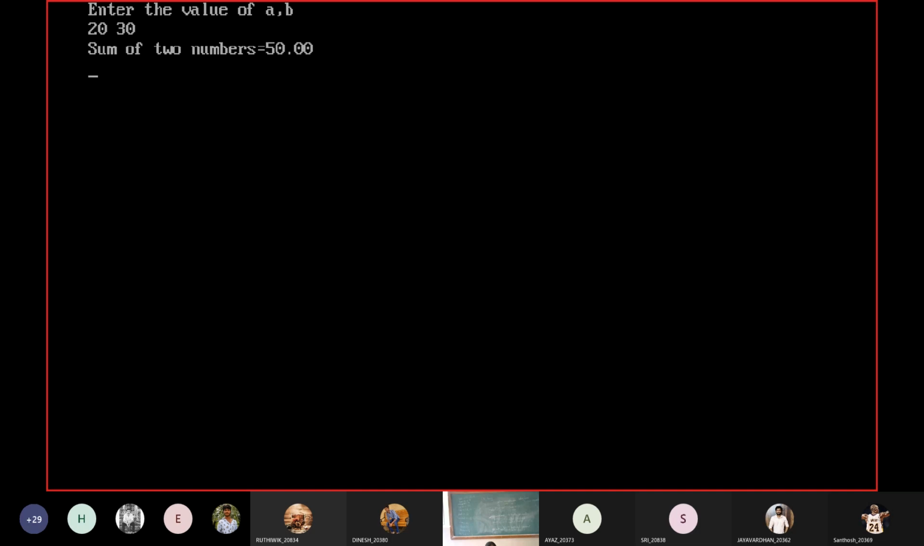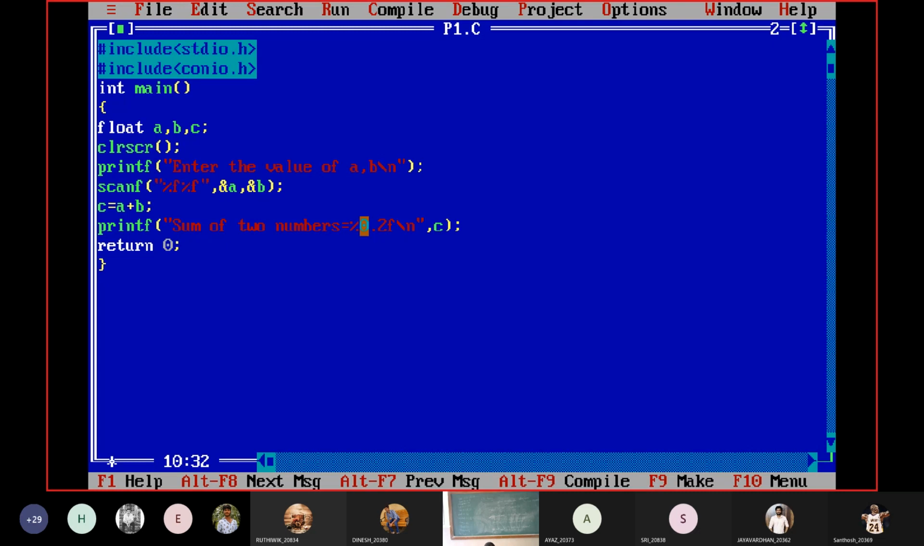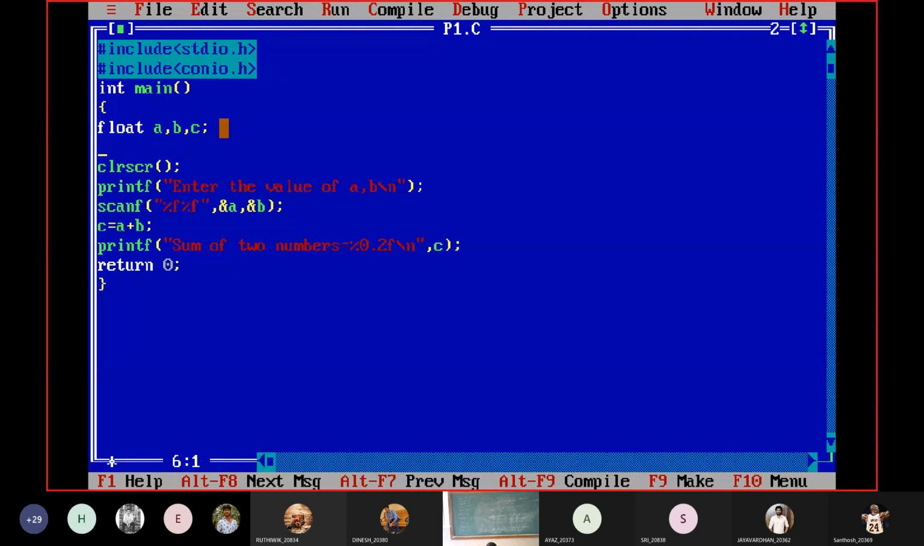Susana, you got only 50.00. Okay? So in the same way, we will be doing for sum of 3 numbers, 4 numbers like this. Okay? So after you do the sum, you need to find out the average. So average means obviously you will be having float only. Yes or no? So float